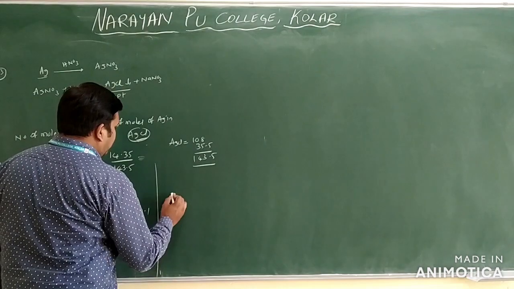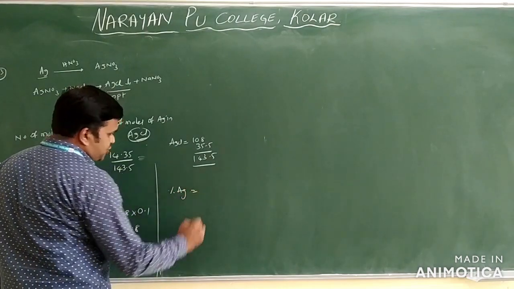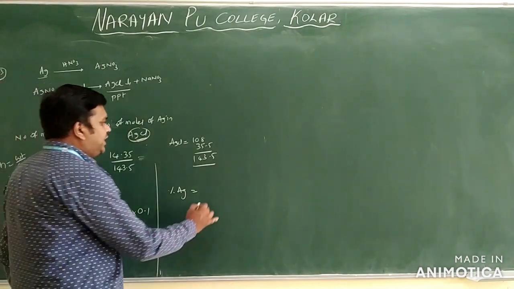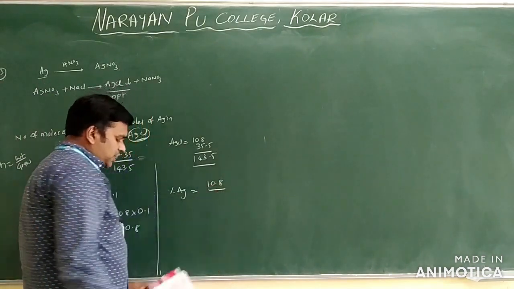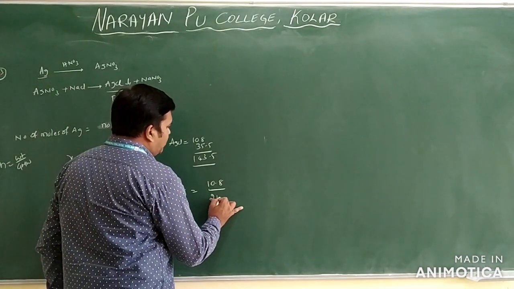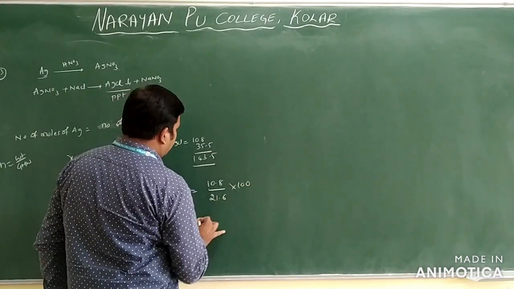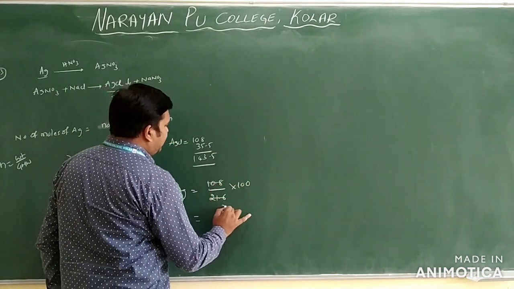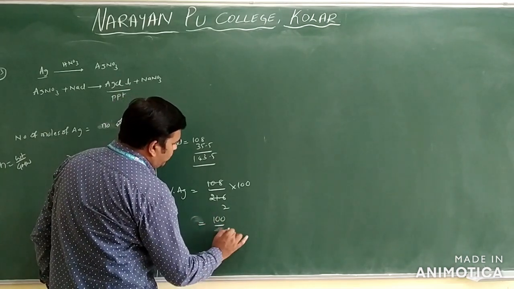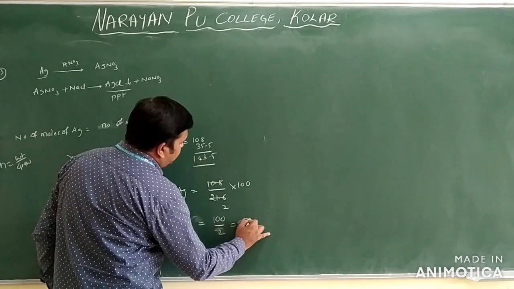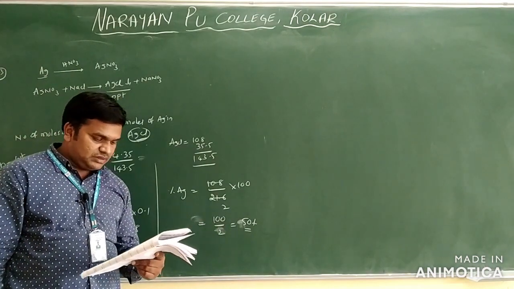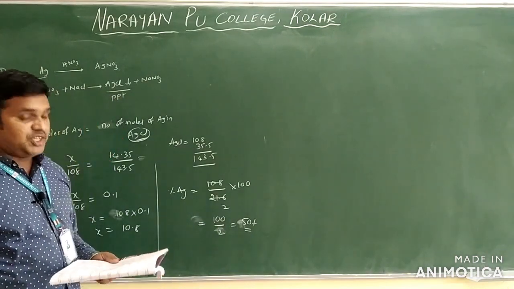Now what will you find out here? Percentage of silver is equal to the silver weight you got from the equation, 10.8, by what is given in the problem, 21.6 grams of the silver, into 100 only. So this 10.8 here, how many times does it cancel? 2 times only. 100 by 2, we have how much? 100 by 2 you will get 50% only. So the mass of silver present is 50% of the silver only.